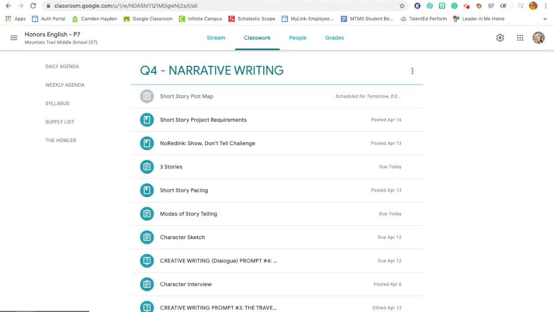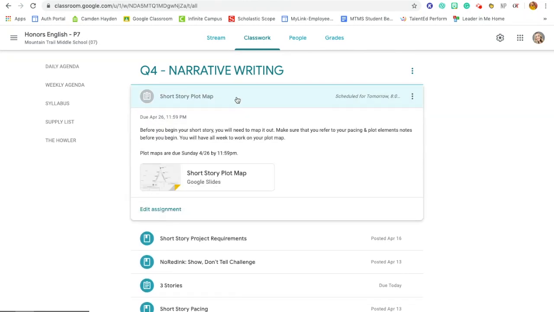When you log into Google Classroom, you are going to see under the Q4 narrative writing topic that you have your short story plot map right here. When you click this button to expand it, you're going to see the instructions right here. Again, we've already gone over it, but this is just your brainstorming of your essential plot before we start our